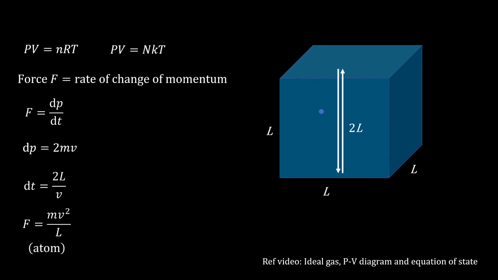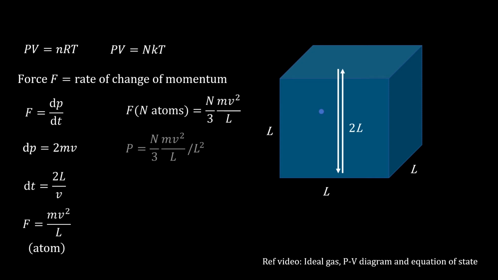For N number of atoms, include N divided by 3. Why? You may get convinced by a simple reason. The atoms move randomly in all three dimensions. At any instant, only 1/3 of the atoms move in one direction, the up and down direction in this case. There are rigorous treatments to arrive at the same conclusion.